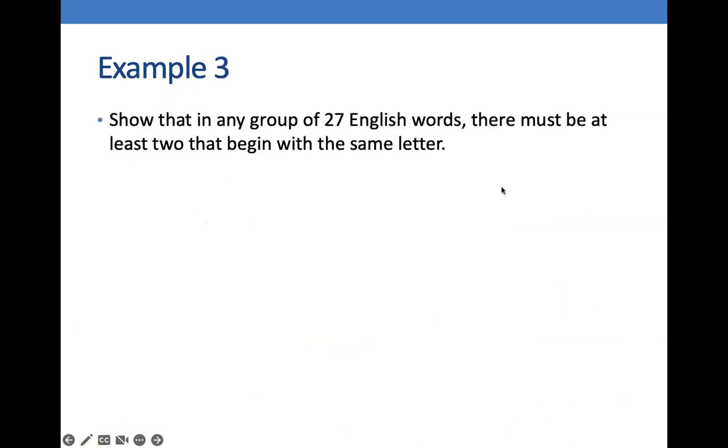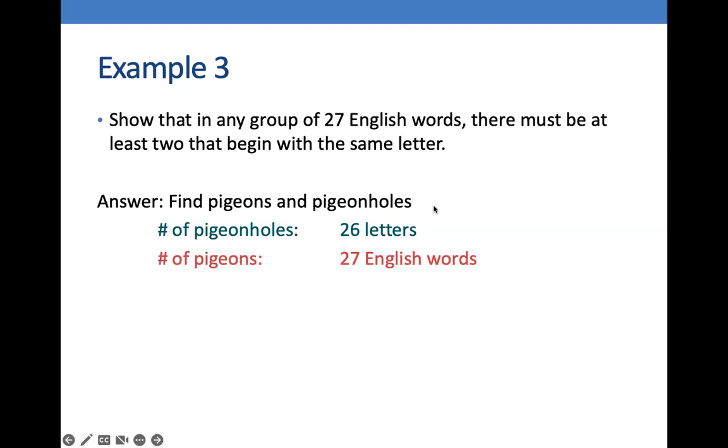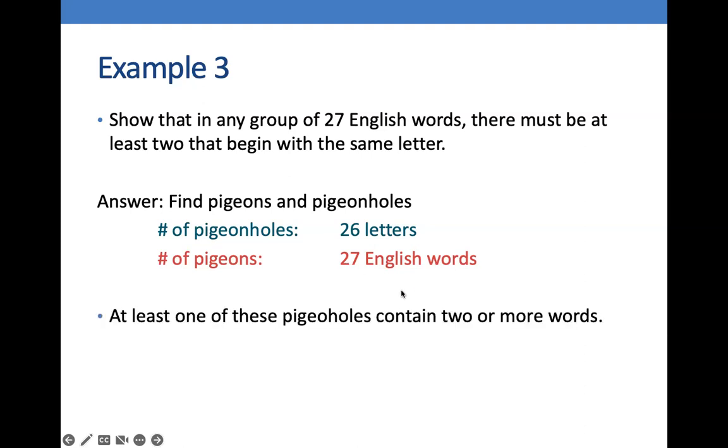Okay, so let us have another example. Show that in any group of 27 English words, there must be at least two that begin with the same letter. So we must find the pigeons and the pigeonholes. So we can interpret the letters as the pigeonholes, and the number of pigeons will be the 27 English words. So at least one of these